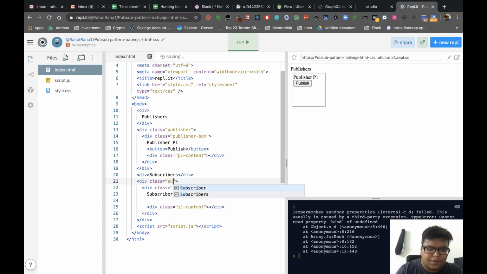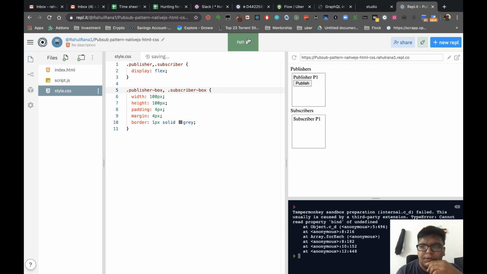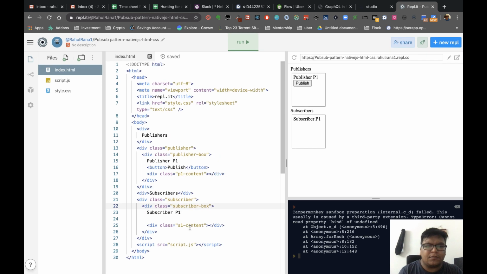So we can have subscriber S1, subscriber box. It will be very similar to the publisher code. And publisher box, we can actually put these two in the subscriber box. So if you see, we have subscriber and we have some content to write.